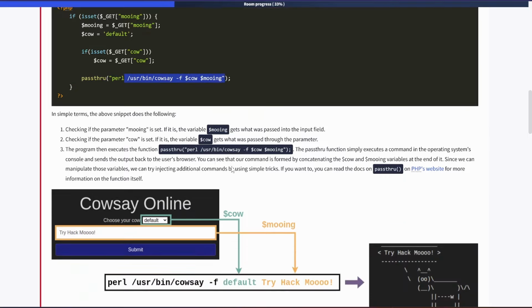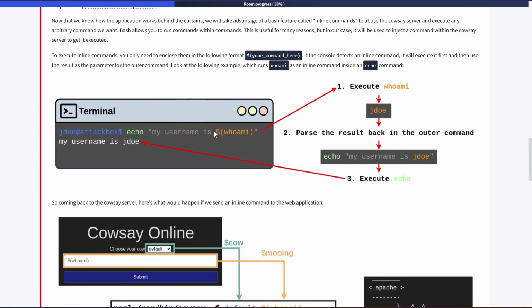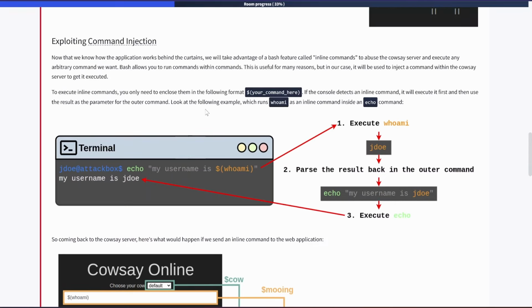Okay? So that's how the application actually works. And they show you that here, so you can read through all of this if you want more of an explanation. Now, the reason why this is dangerous, it's dangerous for a ton of reasons, but another thing that we can do is we can do what is basically called